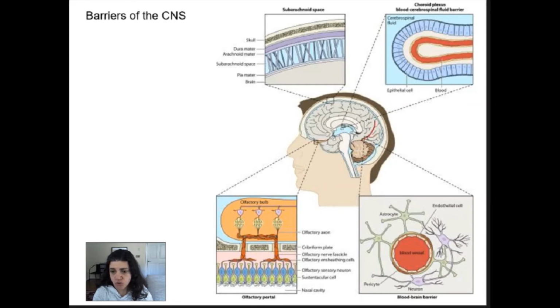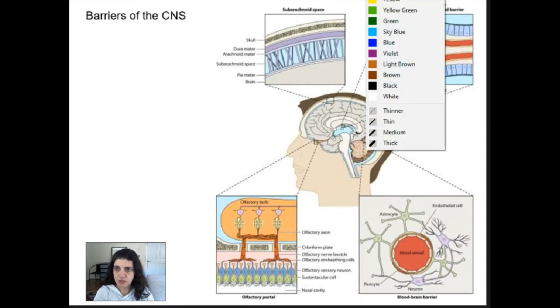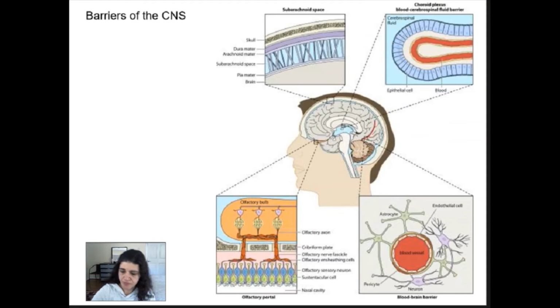So there are two main barriers in the brain that are used as vital protection. One of them is the blood-brain barrier. So I'm going to write here, since my slide doesn't have the best definition. Let's see if we can do this. So this is what we call